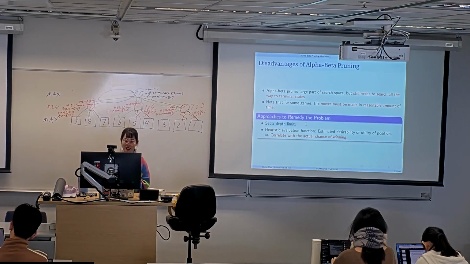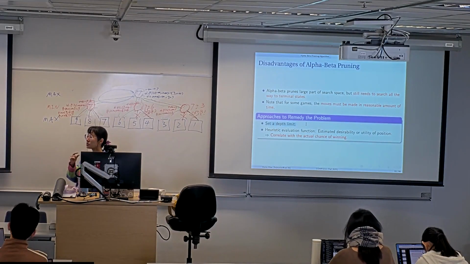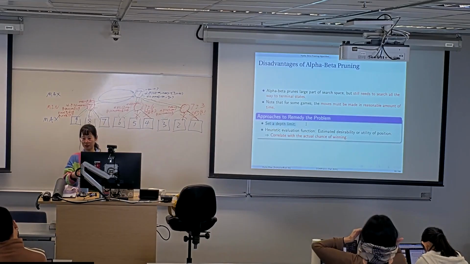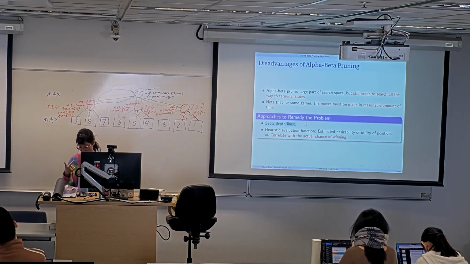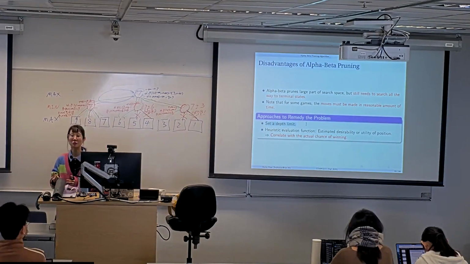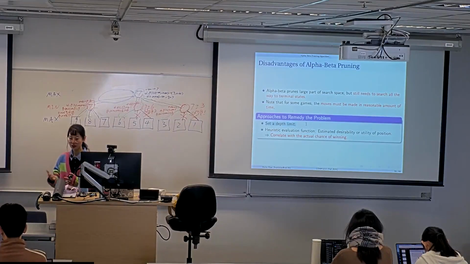Just set a depth limit, so that we constrain the search of the game tree to only reach such depth limits. And some problems already occurred. When we reach the depth limit, it may not be a leaf node. If it's not a leaf node, then that means we cannot use the utility function to evaluate that, right? For example,